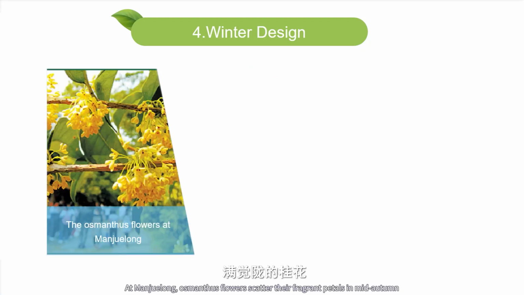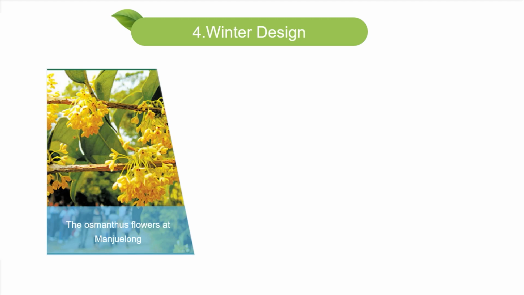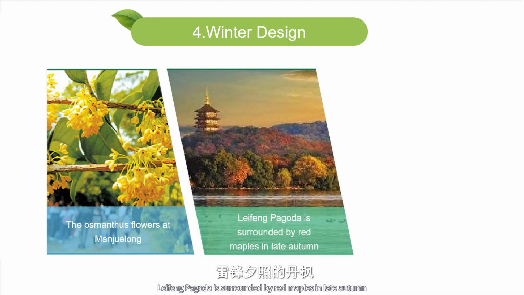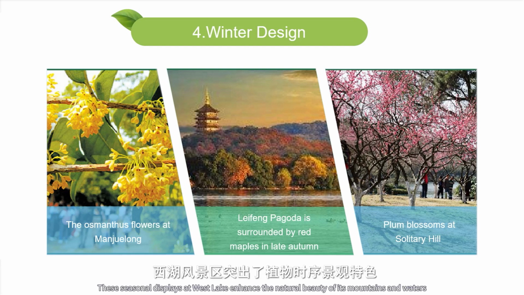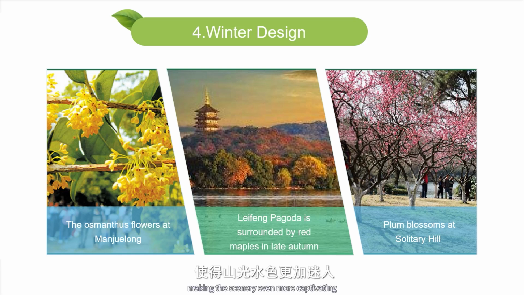At Manjuelong, osmanthus flowers scatter their fragrant petals in mid-autumn. Leifeng Pagoda is surrounded by red maples in late autumn, with leaves that paint the landscape in brilliant hues. At sunset in winter, the plum blossoms at Solitary Hill bloom bravely against the frost and snow. These seasonal displays at West Lake enhance the natural beauty of its mountains and waters, making the scenery even more